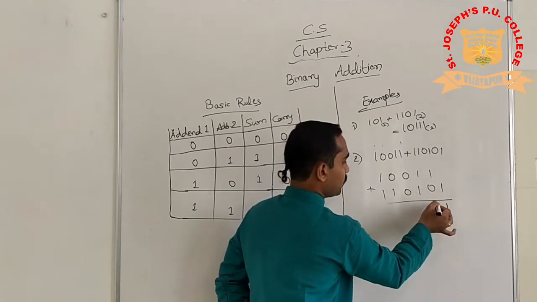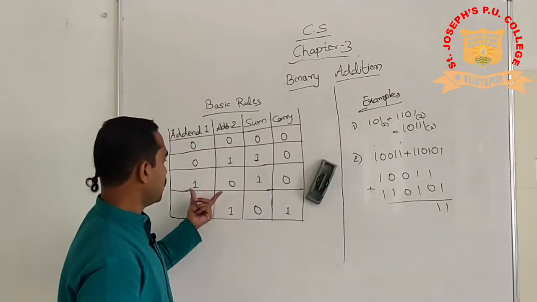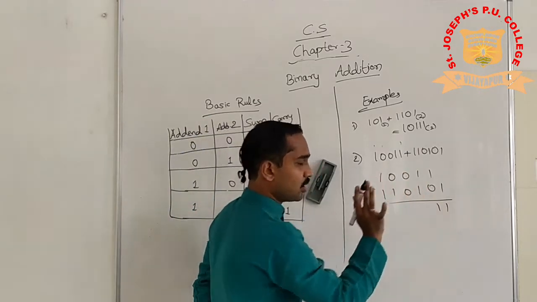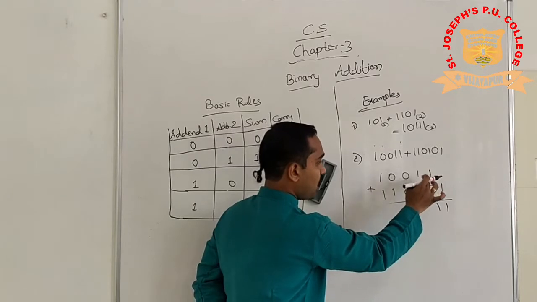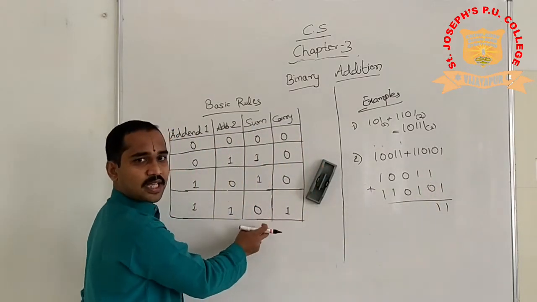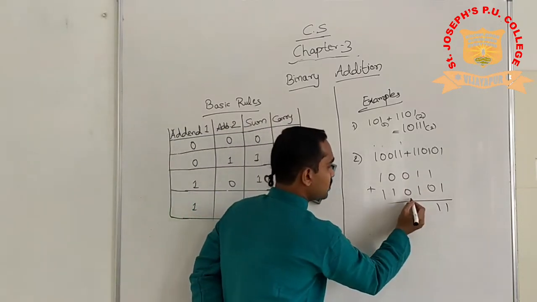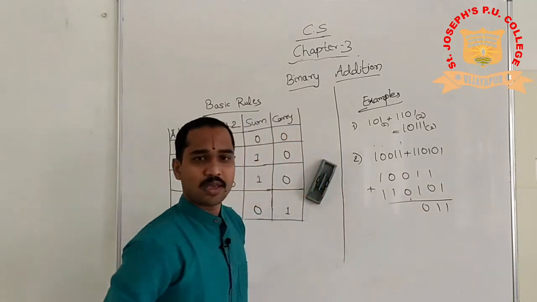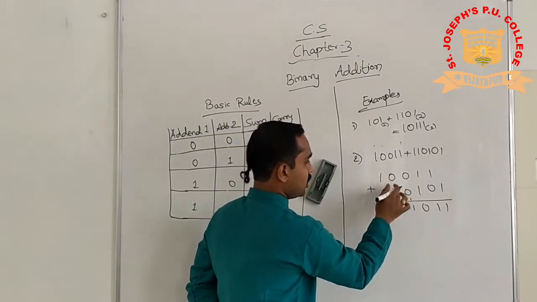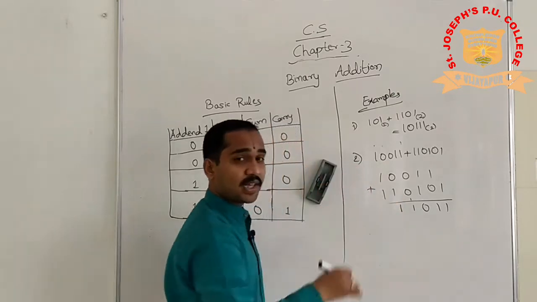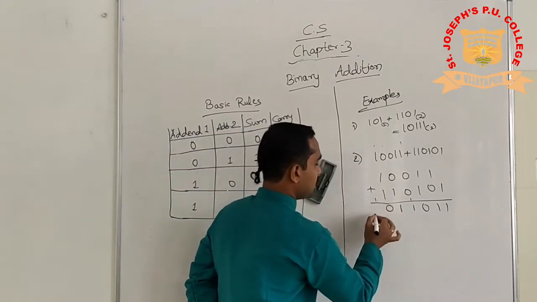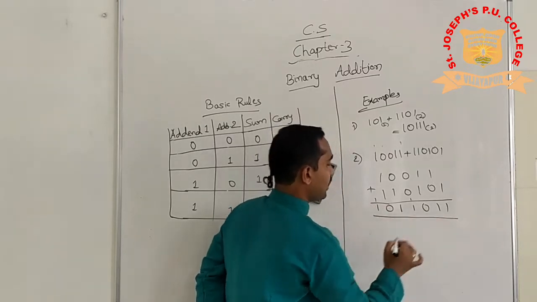1 plus 0. Sum is 1, carry is 0. So I have written sum 1, no carry. Next is 1 plus 1. 1 plus 1 will generate a carry, but the sum will be 0. So 1 plus 1 is 10. Am I right? Okay. 0 plus 0 plus 1 is 1. 0 plus 1 is 1. 1 plus 1 again will be a carry with 0 as the sum. So 1 is written here and the answer is